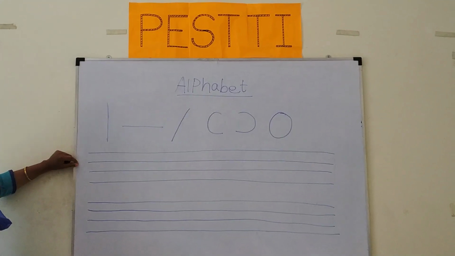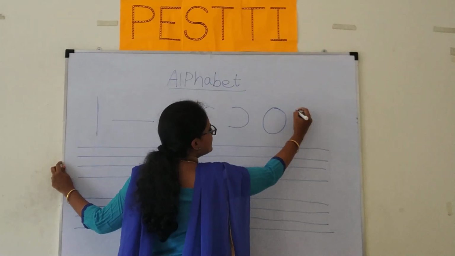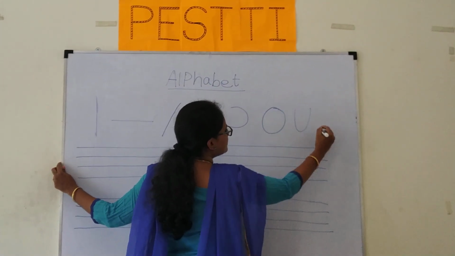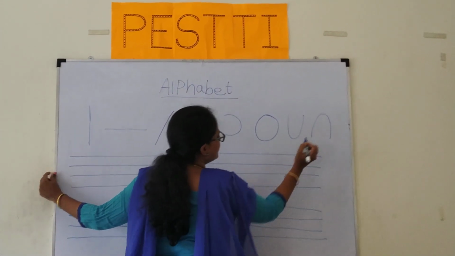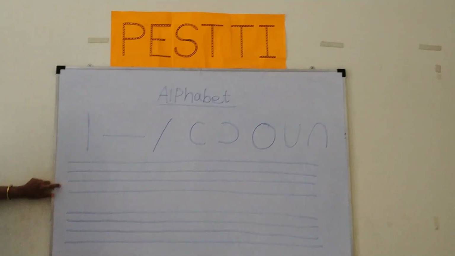Now we will see the full circle, up curve, down curve. Now we will see the alphabet. First we will see